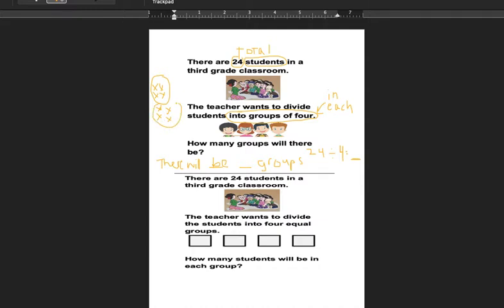This is the second group. 9, 10, 11, 12. This is the third group. 13, 14, 15, 16. This is my fourth group. 17, 18, 19,